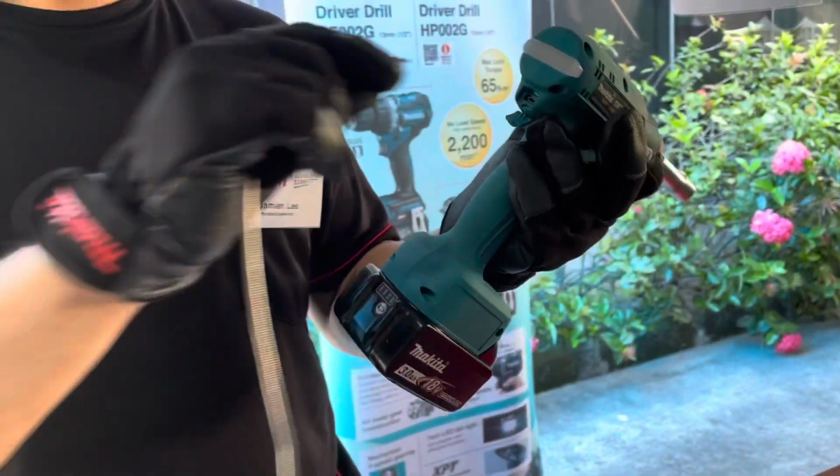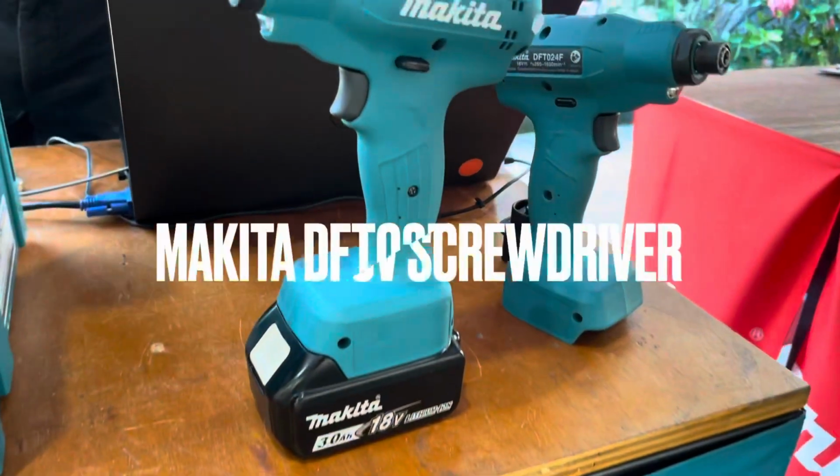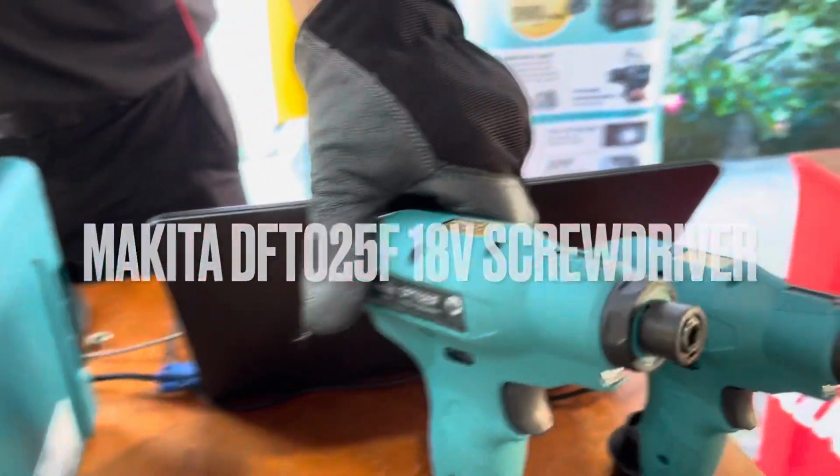So USB micro, so after we plug it in, it lights up. Hi guys, today I'll share with you a very special tool that can plug into the